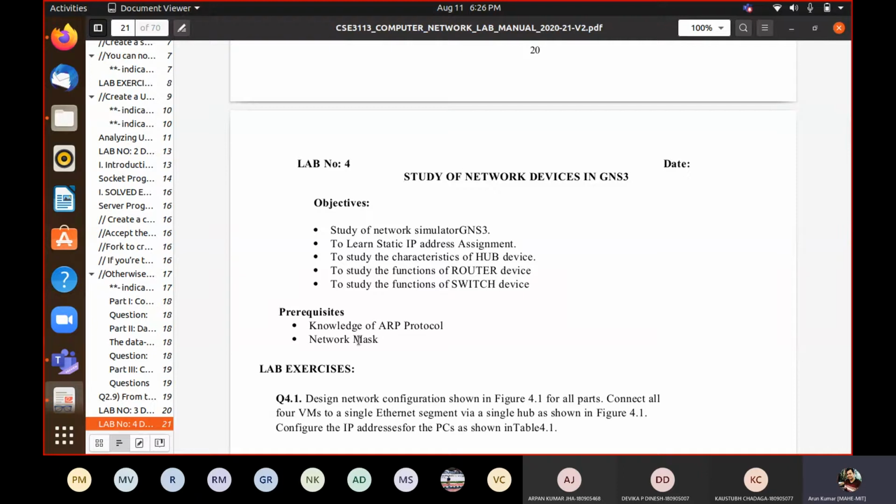There is an IP allotment. Suppose 100 devices are there in a LAN, so your network administrator will allot you some addresses. You require a bunch of addresses, and out of those, two addresses will be special.